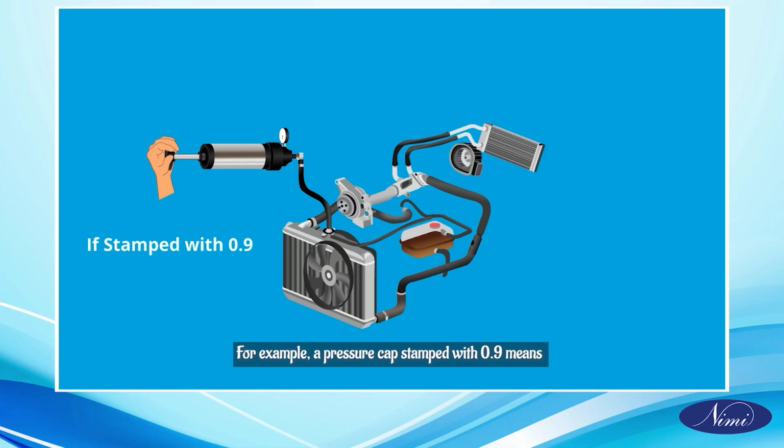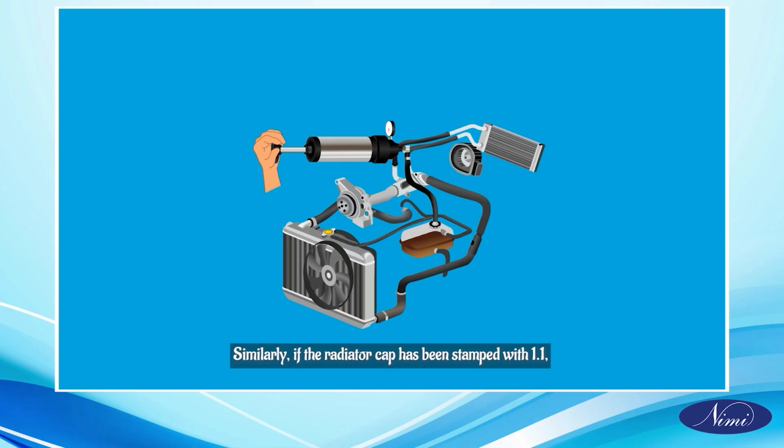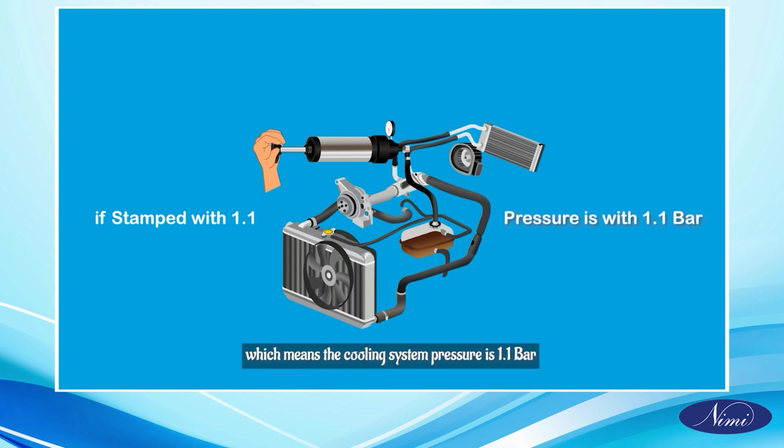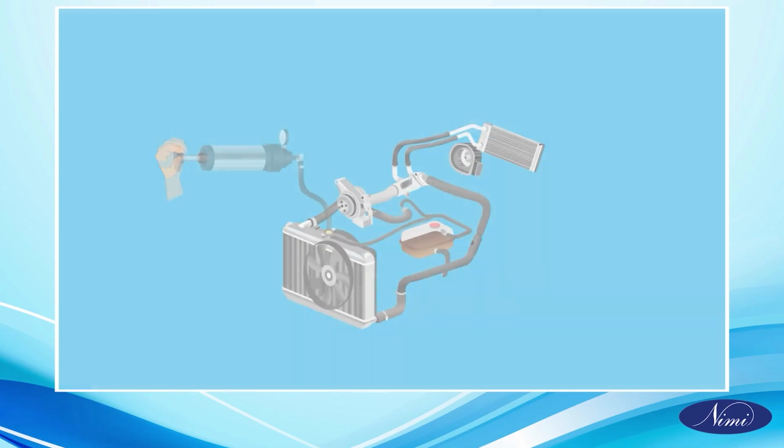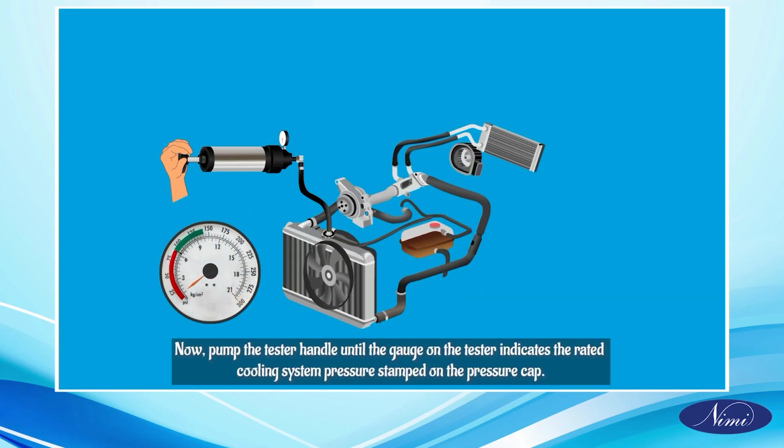For example, a pressure cap stamped with 0.9 means the cooling system of the particular engine is 0.9 bar. Similarly, if the radiator cap has been stamped with 1.1, which means the cooling system pressure is 1.1 bar. Now, pump the tester handle until the gauge on the tester indicates the rated cooling system pressure stamped on the pressure